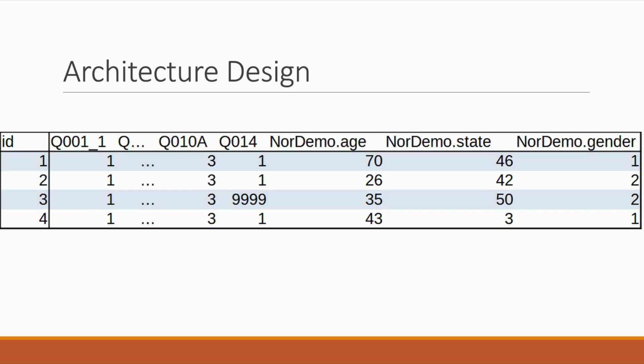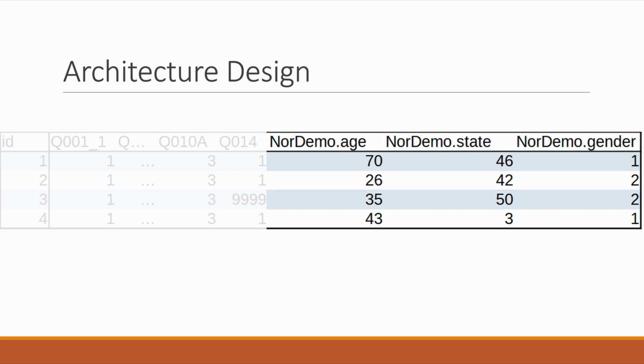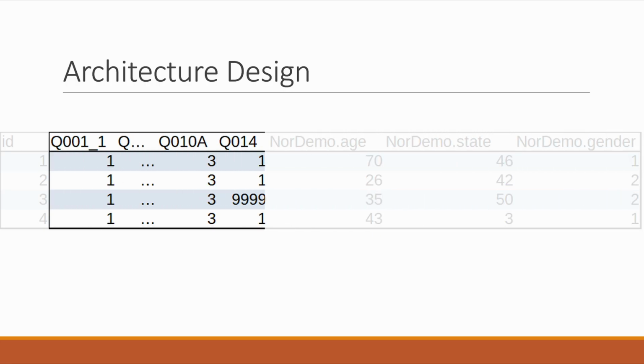The data set we use is a combination of both survey questions and demographic variables. The demographic variables on the right are the ones that we use to create personas, which we assign to citizen agents. Meanwhile, the questions on the left are those that we ask the agents. In addition, the answers we have here are from human respondents. These are the ones we compare to the agent's answers.